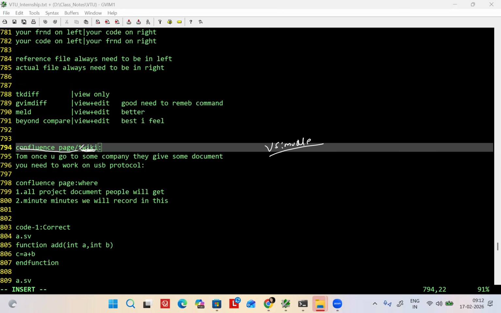Clear? So here you will get any PDF link, any information, any reading files and all. Anyone have any note? Why is the Confluence page needed here? Wiki or Confluence page we use to search what? Any information. If you want any information now, you will go to ChatGPT and all. Correct. But whatever company information we need, you won't find in ChatGPT. You will find it in Wiki or Confluence.